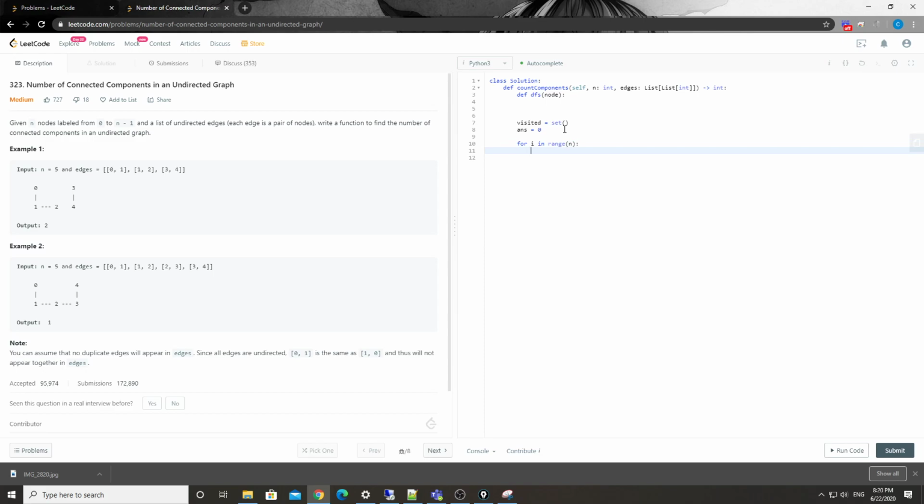So first we check if i is not in visited. If it's already visited, we just skip that. If it's not visited, then we know we found another component here, and we do a DFS on i. Basically, we start from this node and loop through all the nodes. And in the end, we just return answer. But before doing this,